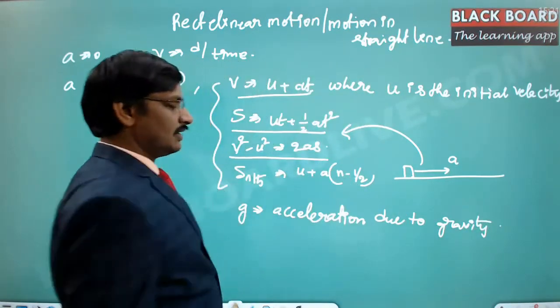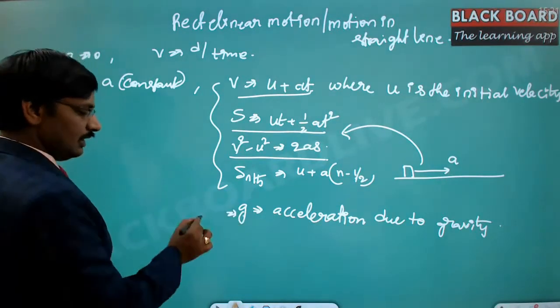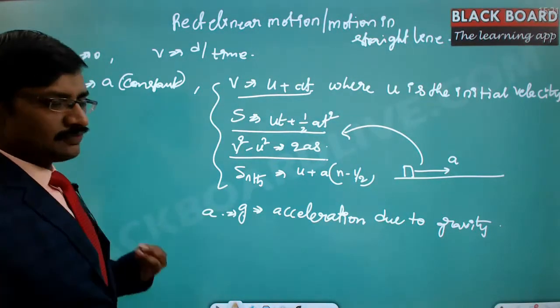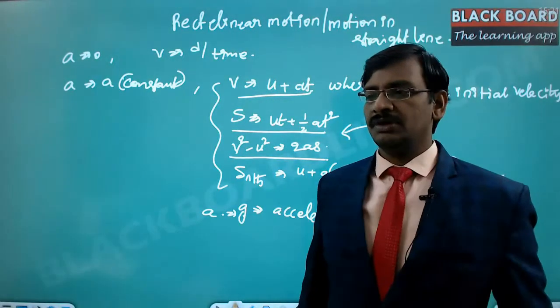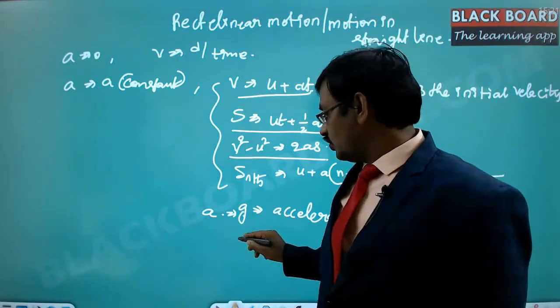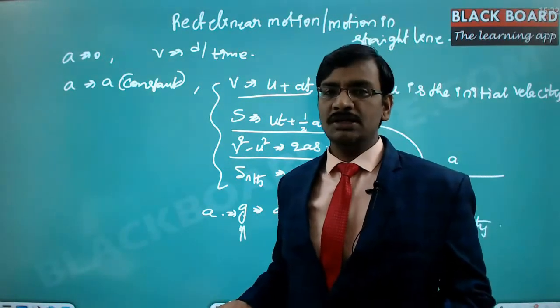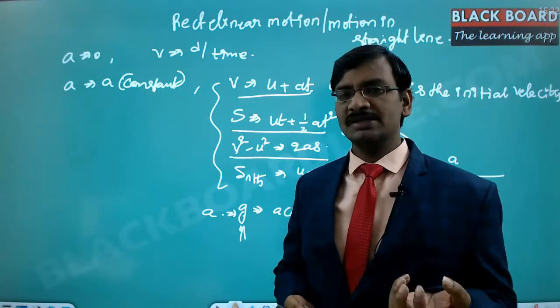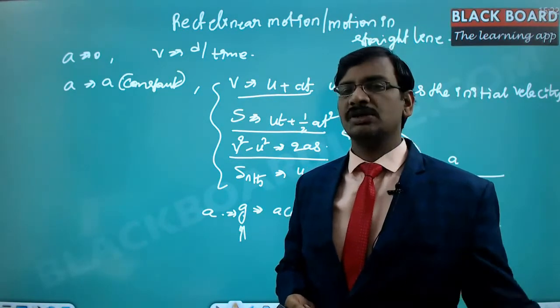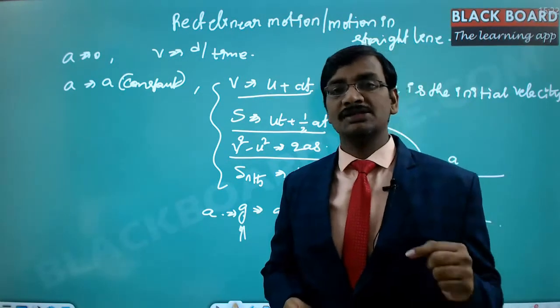Acceleration due to gravity. Now this is essentially a quantity. Till now, whatever we dealt with is actually a, but instead of a, it is equal to g, and g is a constant. This is universally applicable for any ball or any block of mass on the ground. Suppose you leave a block of mass anywhere, it always travels towards the ground, and the velocity is decided by the acceleration due to gravity.